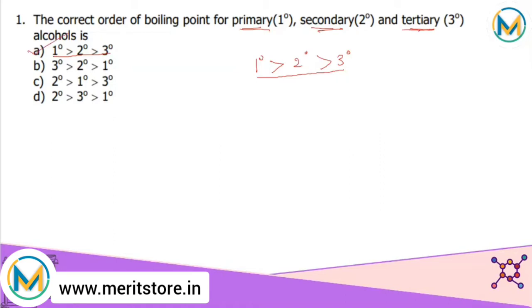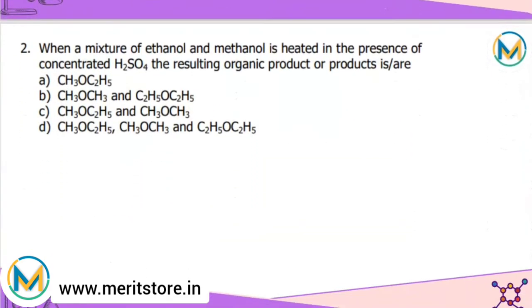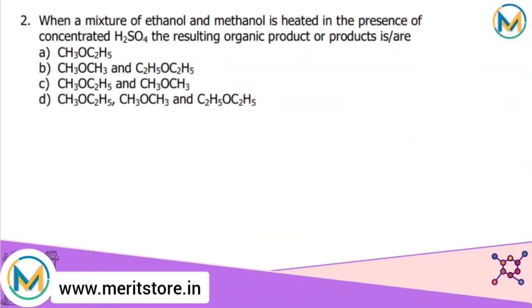Looking towards the next question, when a mixture of ethanol and methanol is heated in the presence of concentrated H₂SO4, the resulting organic product is or are. So basically, when two different alcohols are mixed with concentrated H₂SO4, first of all, concentrated H₂SO4 is a dehydrating agent. Now when two different alcohols combine together,